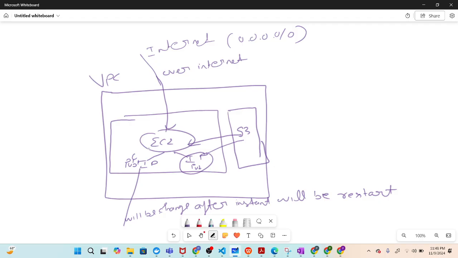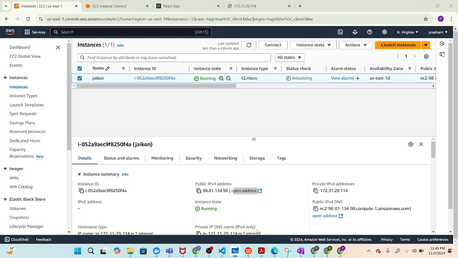So in that case, we can use a static or elastic IP. It is also used for accessing over the internet, and this is inside the VPC, and this is our internet gateway to access it. So that's all. That is a very small topic about